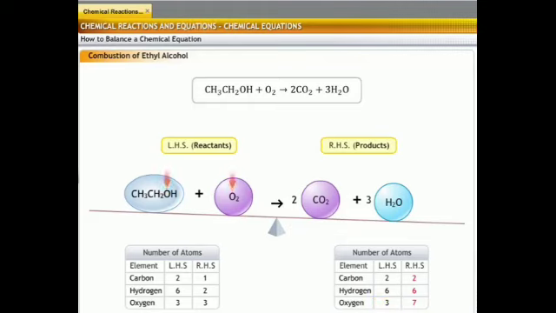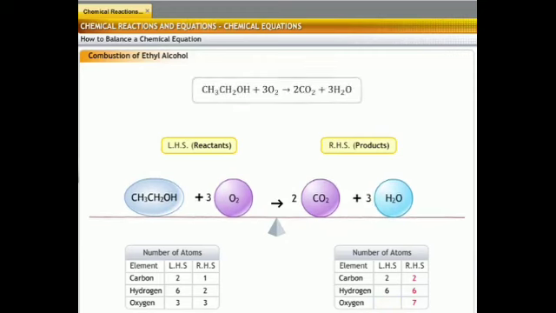But while balancing, बैलेंस करते करते ऑक्सीजन एटम्स का नंबर इनबैलेंस हो गया. So again you have to check. Right hand side it is 7 and left hand side it is 6. So we put 3 in front of O2 so that it can balance. So now the reaction is balanced. This is a balanced chemical equation, and an imbalanced chemical equation is called a skeletal chemical equation.